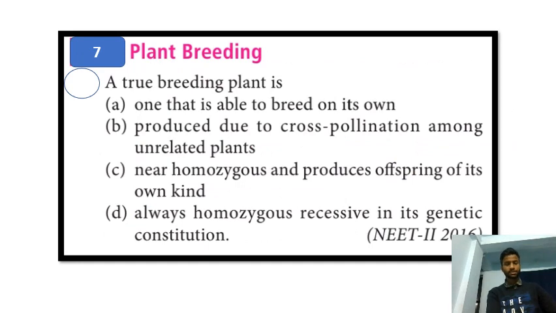So another question, on plant breeding. A true breeding plant is one that is able to breed on its own, produced due to cross pollination among unrelated plants, near homozygous and producing offspring of its own kind, always homozygous recessive in its genetic constitution. This answer is